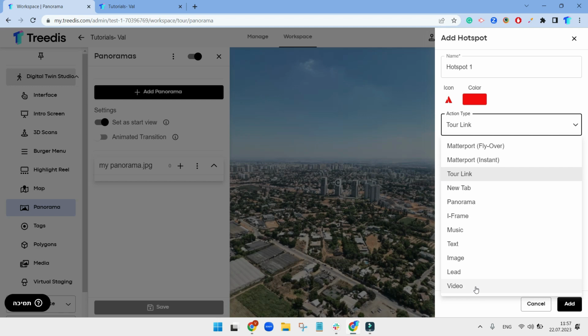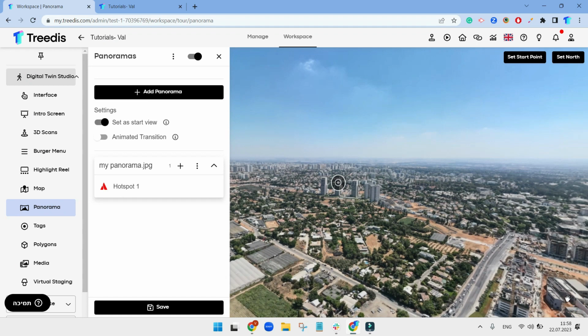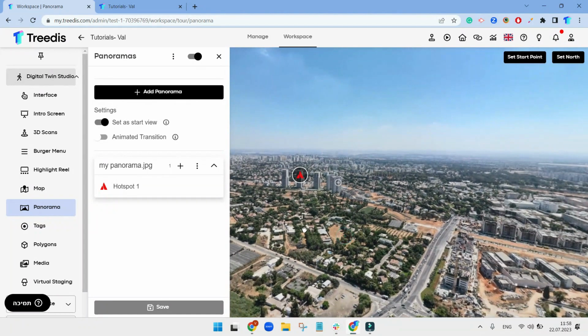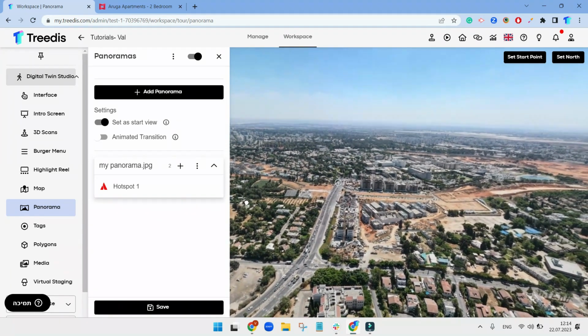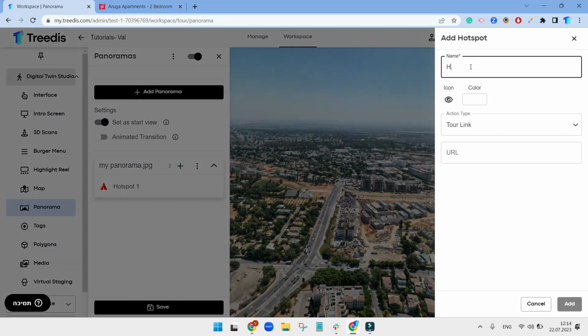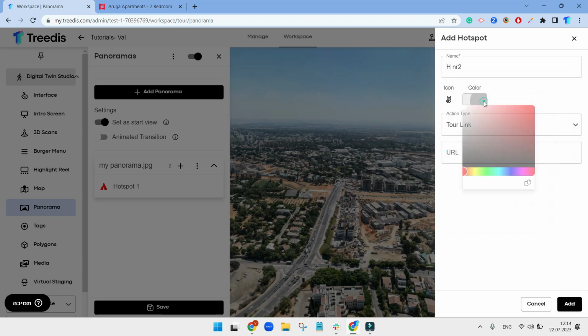I will add a video. I will add my YouTube link and click on Add. Click Save. You can see that my hotspot number 1 has appeared in here, but also on my panoramic image. Let's add another hotspot. Let's say we will choose this location for the hotspot. Click on plus, pick the name, pick the icon of the hotspot. I will choose this color